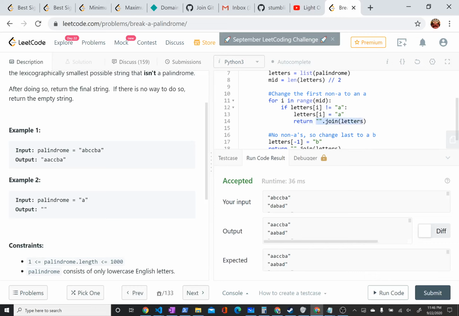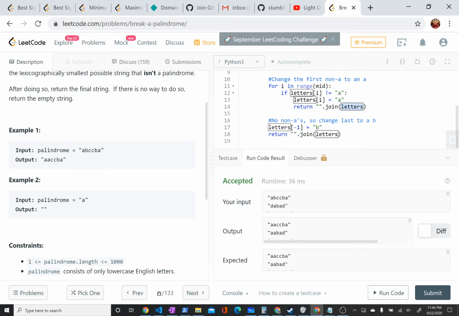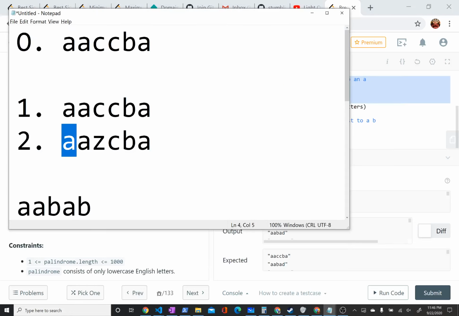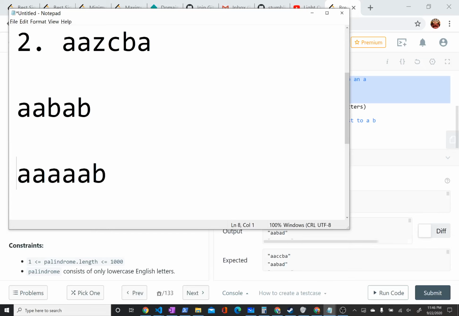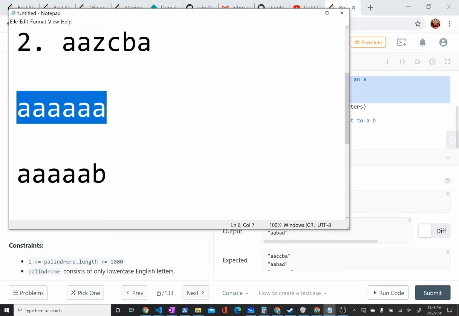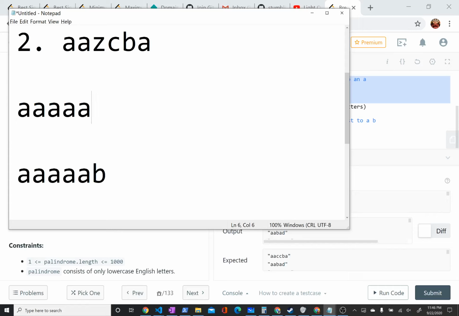So this notation here just creates a string with each of the characters from my letter array. And so if we've executed all the steps in this loop without hitting the return statement, that means that the first up to mid is all letter A's. So that means we're in something like this condition. Maybe we have a midpoint that's some other value, but who cares about that? Or maybe we are just all A's. And yeah, so either way, whether we have a midpoint or we're just all A's,